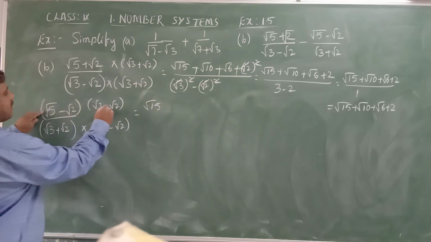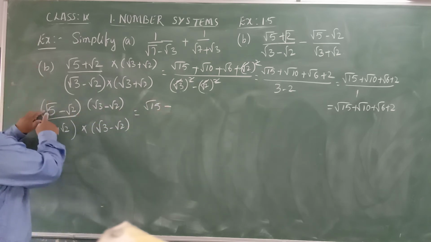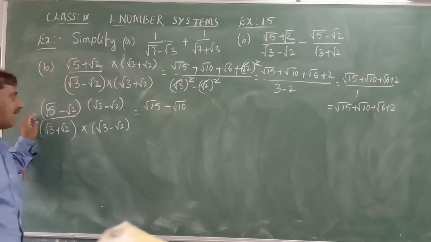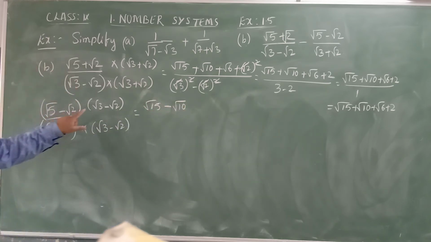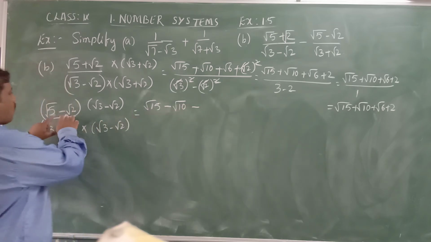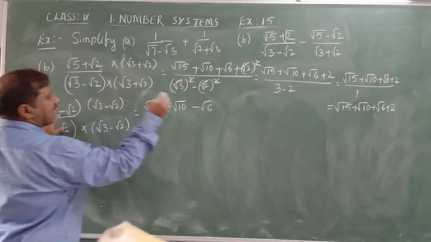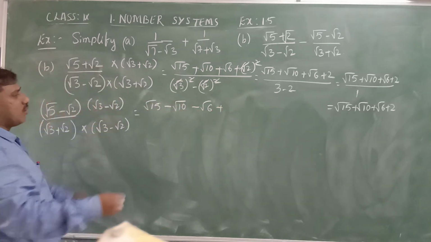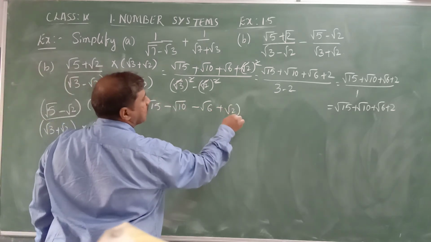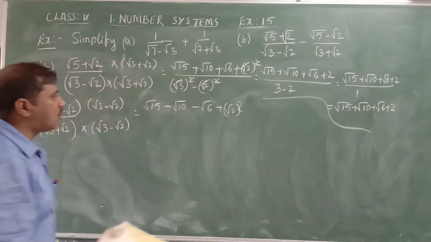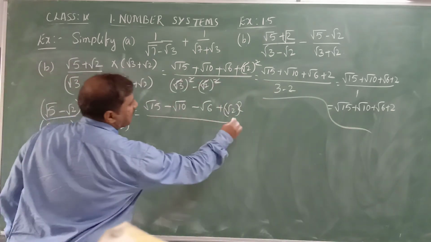Plus into minus is minus, root 5 into root 2, 5 into 2 is 10, root 10. Next, minus into plus, root 2 into root 3 is root 6, minus root 6. Minus into minus is plus, root 2 into root 2 is root 2 whole square,